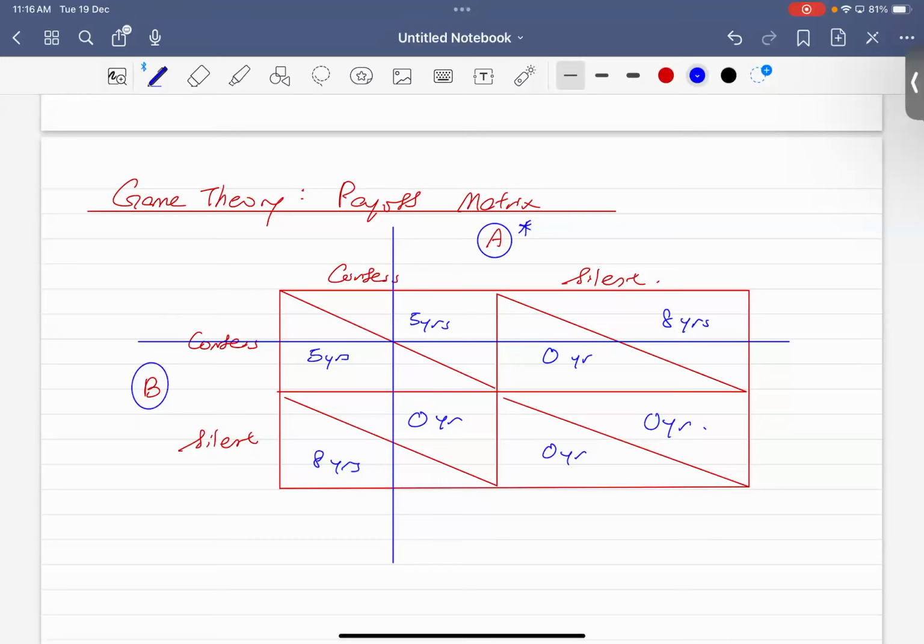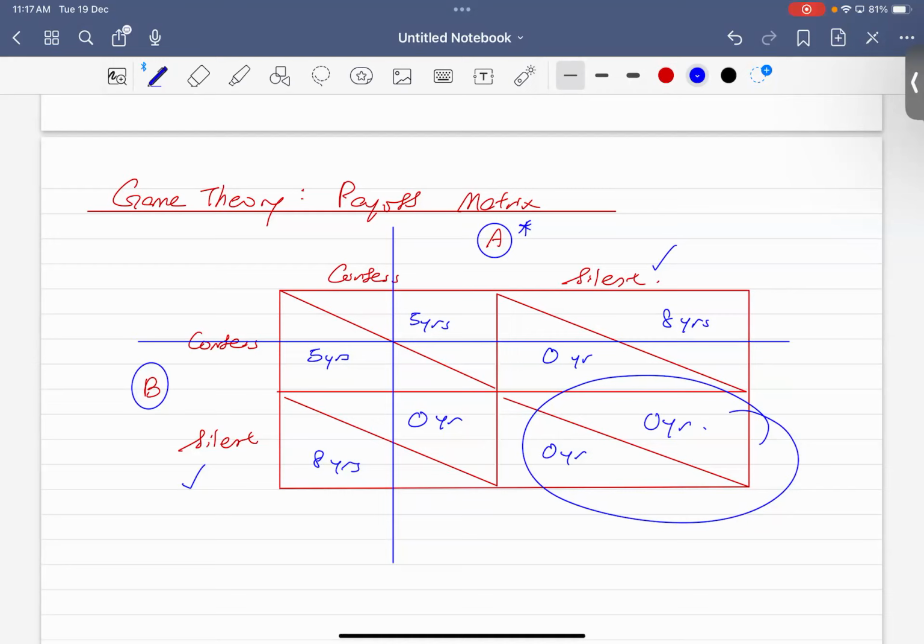So actually, what is the best way? The best way is for both to remain silent and end up at zero jail term. Usually, you can only do this by having collusion. That means you collude with another person. But as I said, here you are put in two separate rooms, so you're not able to collude. If you were able to collude, you could say, why not remain silent and we get away from this. So we end up in the prisoner's dilemma because of the lack of collusion. You cannot cooperate with another person. So the best strategy is both remain silent and end up with zero jail term.